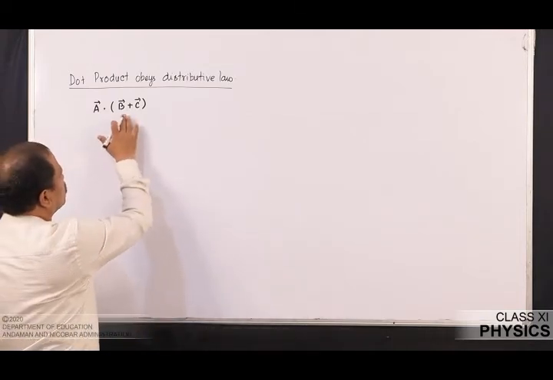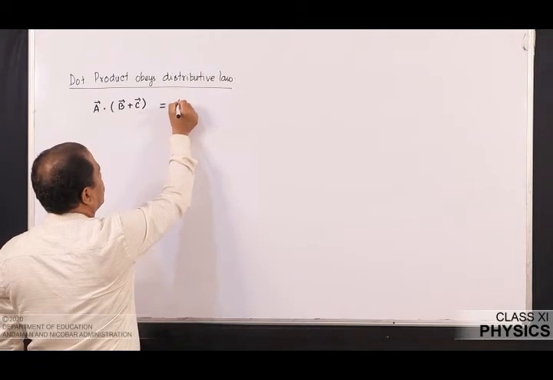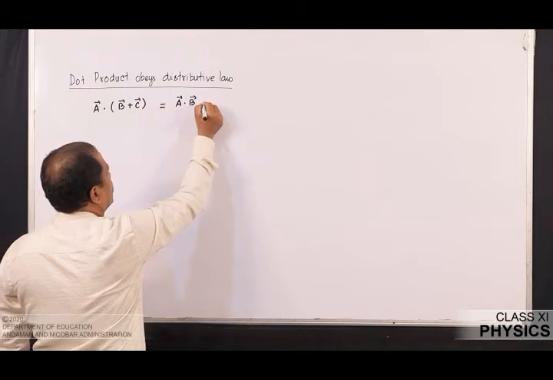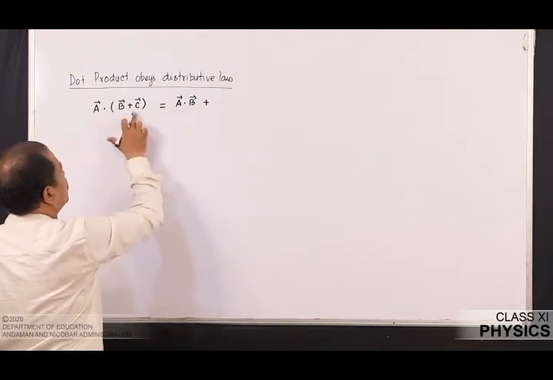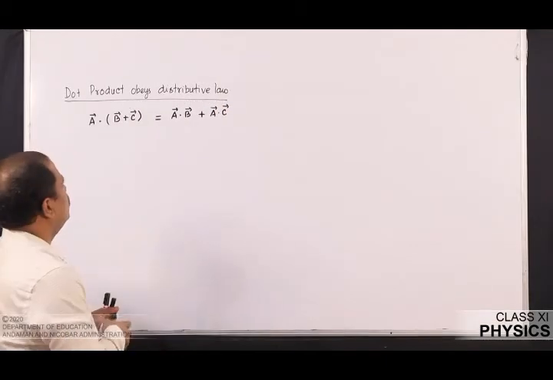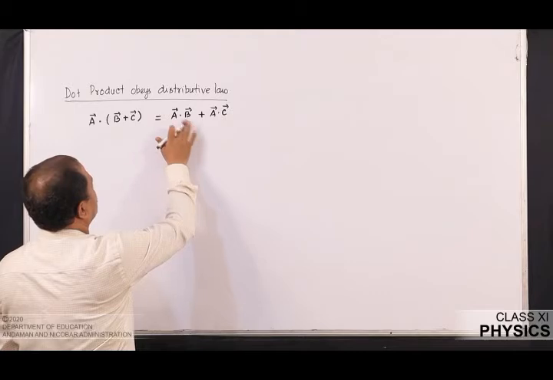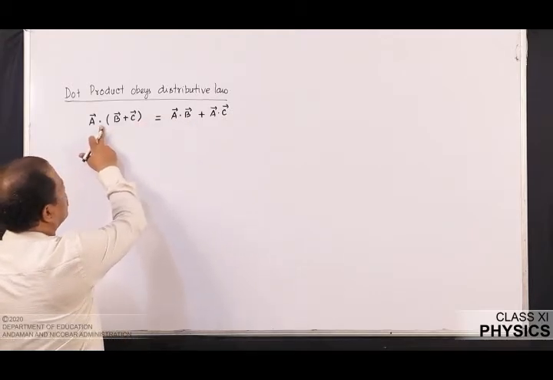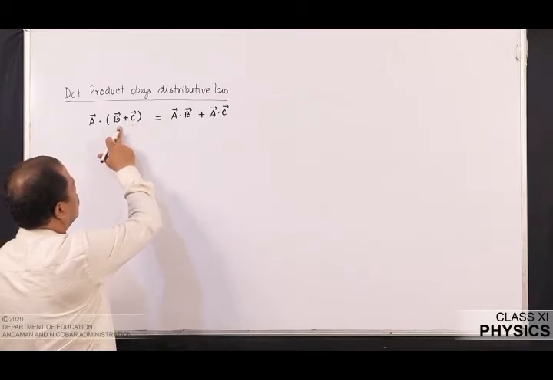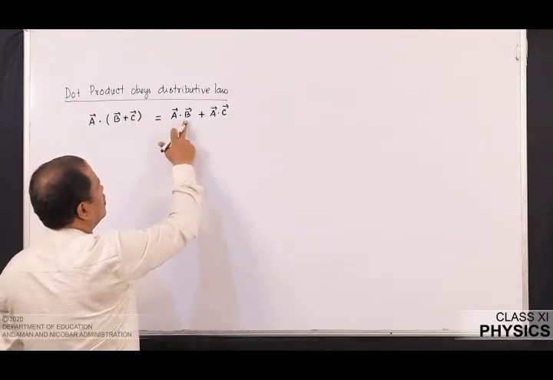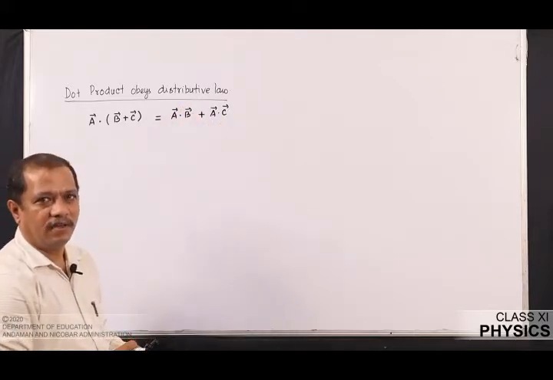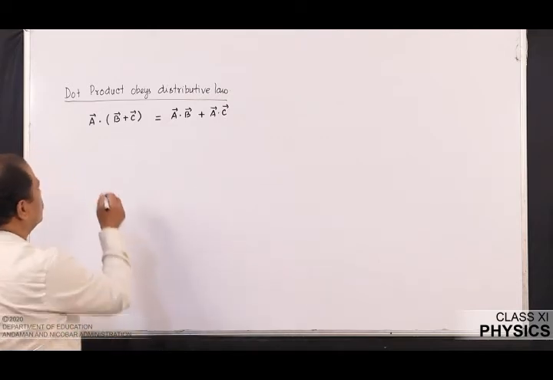So instead of doing so, even if we find the dot product between A and B, plus the dot product between A and C, you will find that these two will be equal, and that's what we say: A is distributed between B and C. A is given to B, A is given to C, and thus it obeys the distributive law. How to verify? You have to verify. I am going to tell you the idea.